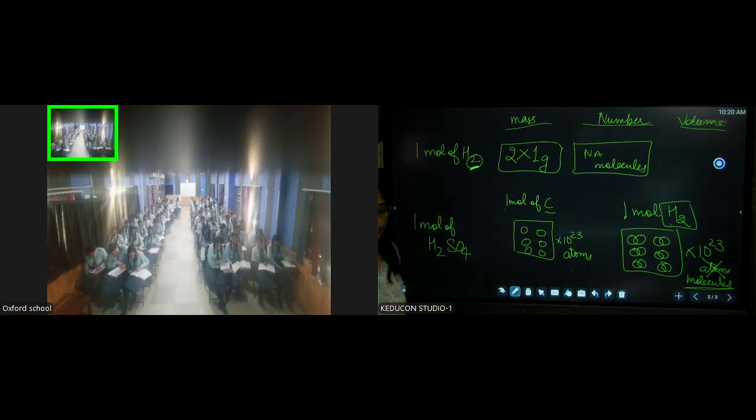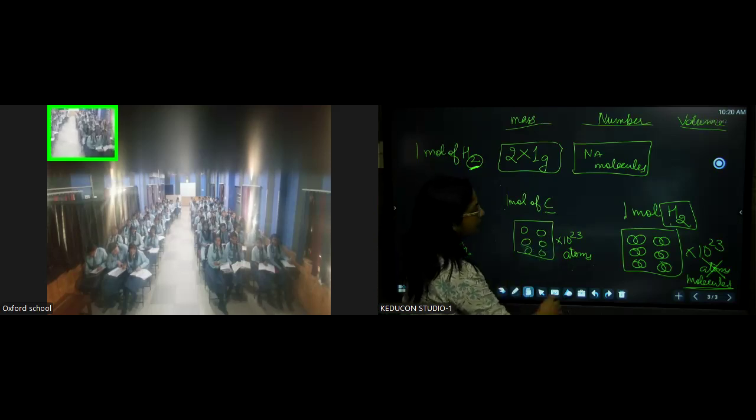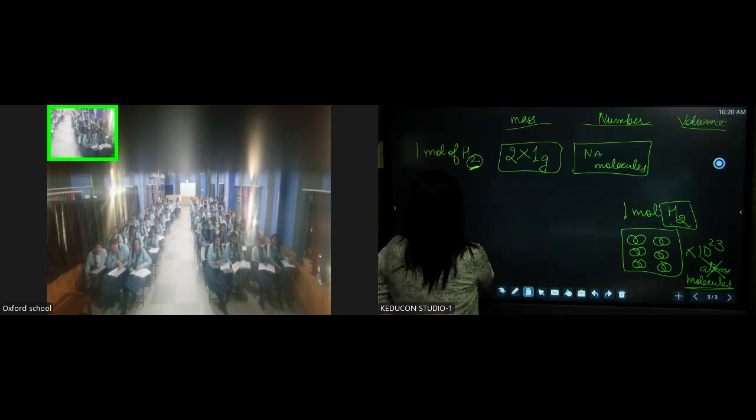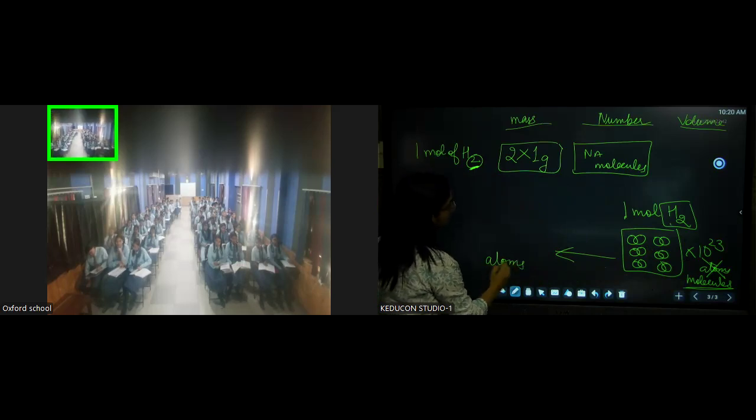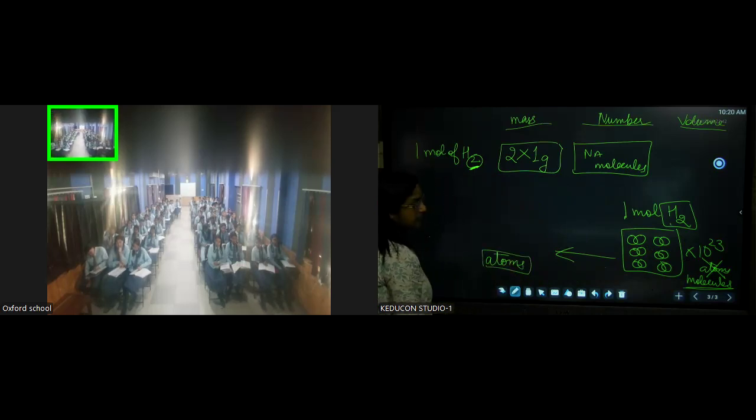Done? Hope you have done it. Just this much part, because now I'll tell you that if you're given 1 mole of molecule, then you can interpret fine. This 1 mole of molecule will contain Avogadro number of molecules. But if you're not asked about molecules, you are asked to tell about the number of atoms present in it, what you have to do, you have to